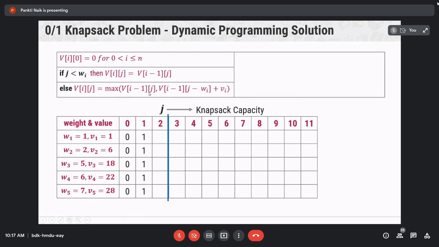Put the values of I, J, Wi and Vi in this equation. So what will be the value for V12? Sujal, what will be the value? 1.